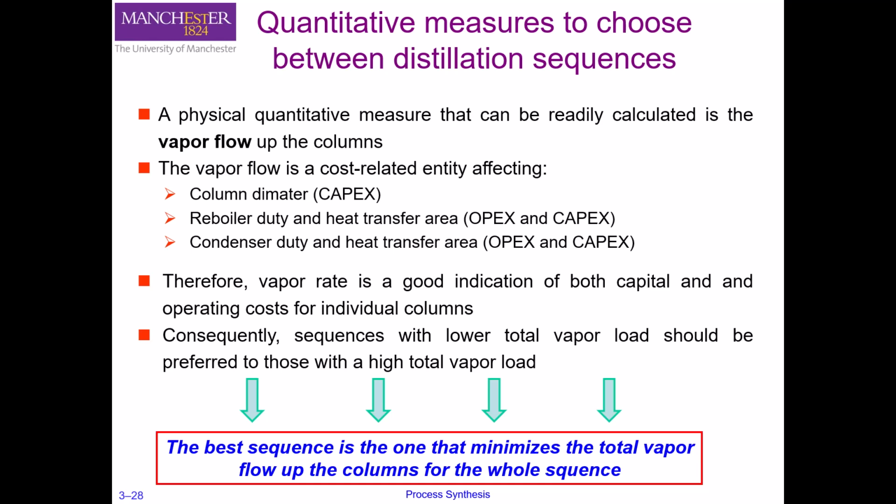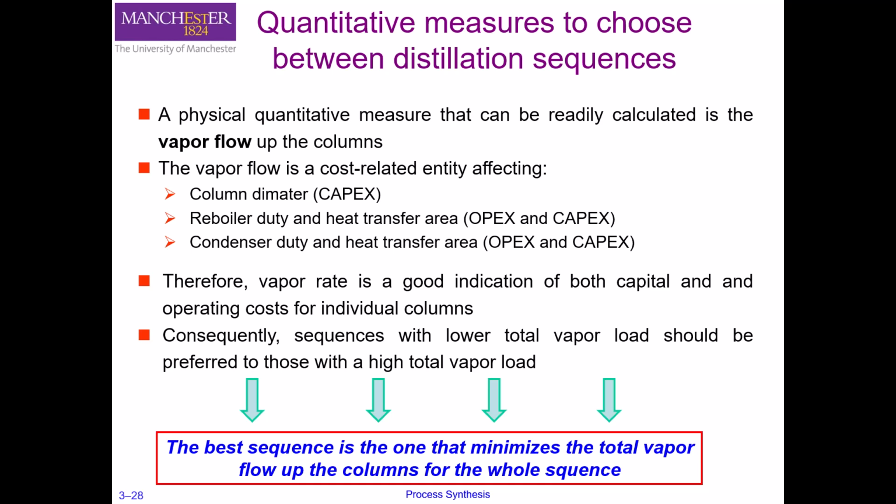This is so important because vapor flow up the column can be regarded as a cost-related entity affecting both the capex and the opex of the column. So first of all, it affects the column diameter because, of course, a distillation column that needs to deal with a higher volumetric flow rate of vapor, and consequently also liquid, will require a larger column diameter, and diameter is directly related with the capex